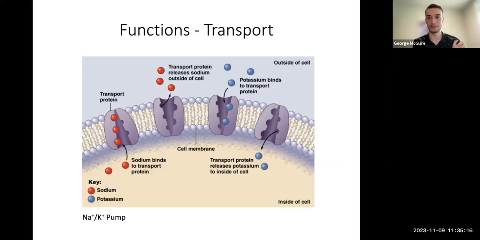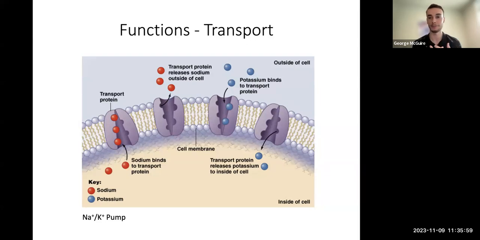Right. We talked about transport proteins in various different examples. Here are our sodium-potassium pumps, which is what drives the ability of our neurons to transfer signals, and the ability of our muscle cells to receive those signals and transfer signals back, etc. But these are, again, transport proteins embedded in the membrane that control the movements of sodium and potassium into and outside of our cells. So for something small, like an individual mineral like sodium, which we have in red here, and then potassium, which we have in blue, these molecules can just simply diffuse across the membrane, but we would use proteins to move them against their concentration gradient,